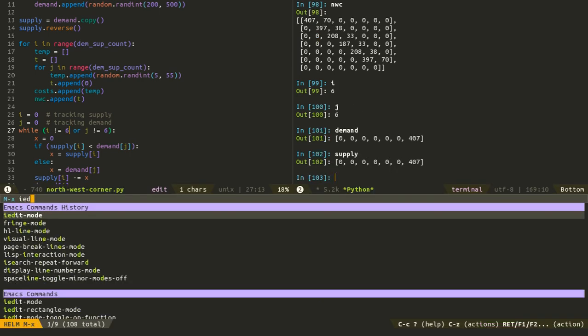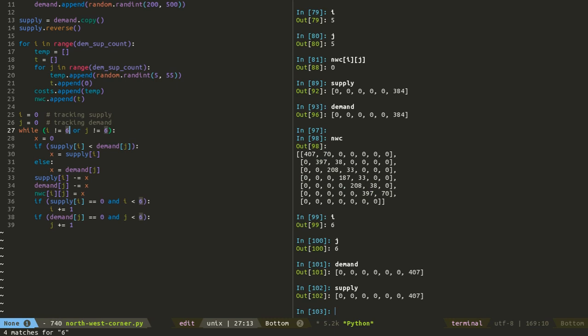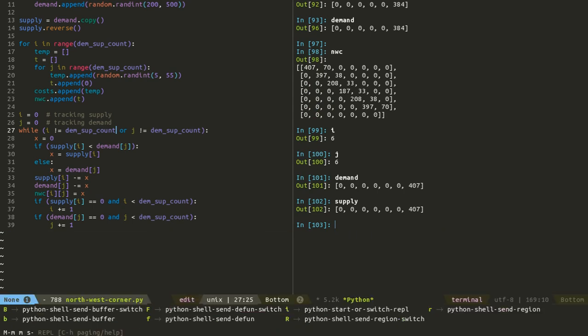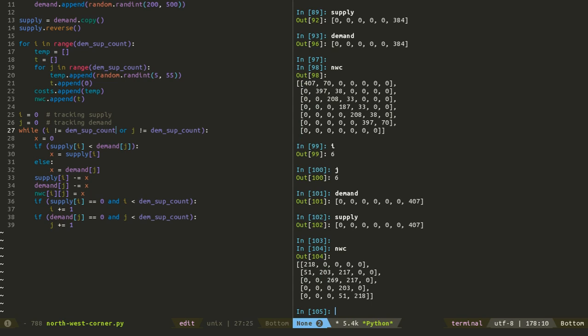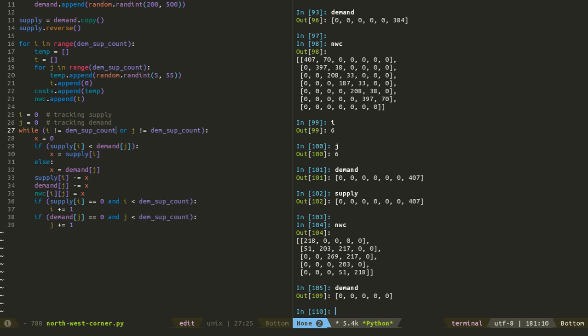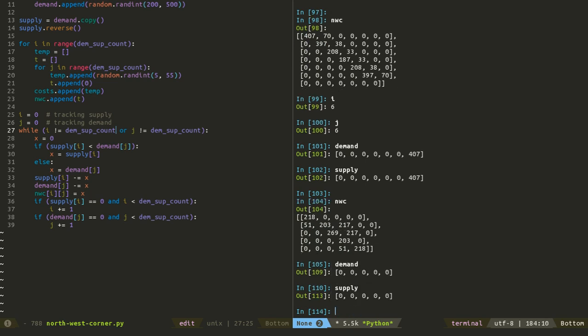Let's go in edit mode and change all the 6s to demand and supply count. That's it. Ha, this should work now. Please. So it does work. Demand is 0, supply is 0,